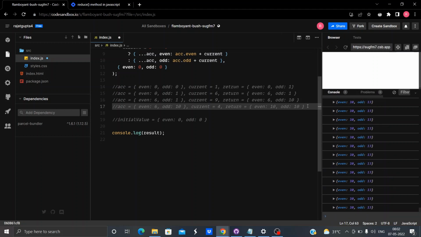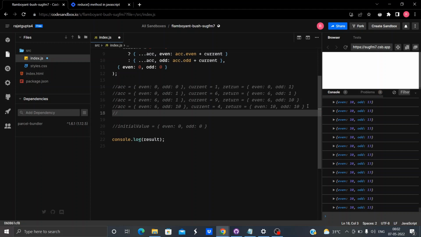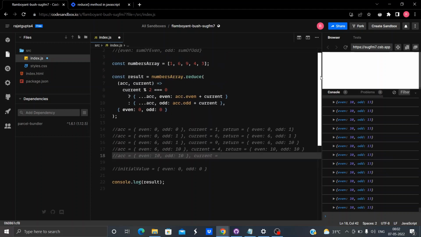Again let's come to the next iteration. Now what will be the accumulator? Whatever was returned by the previous iteration, that is 10 and 10. What will be the current? The last element of the array will be the current. What is the last value? 3 is the last value of the array, so 3 will be current. We'll first destructure the accumulator.